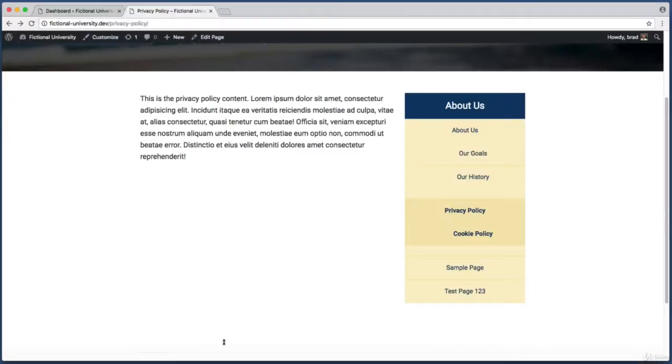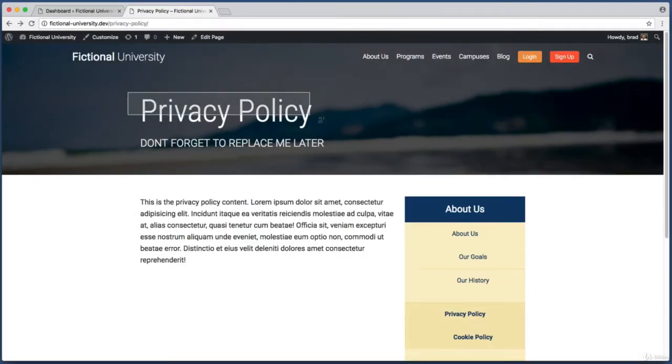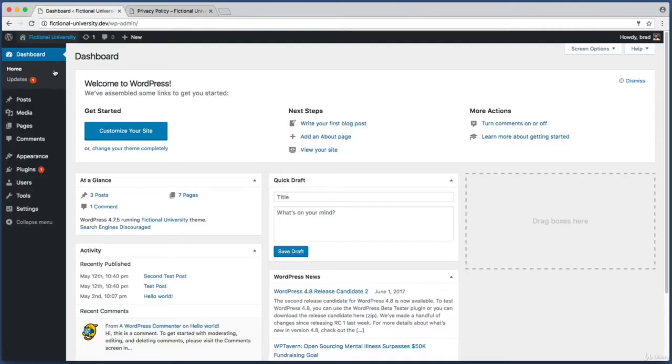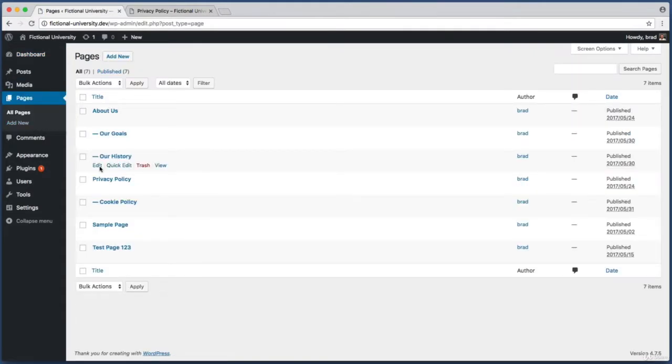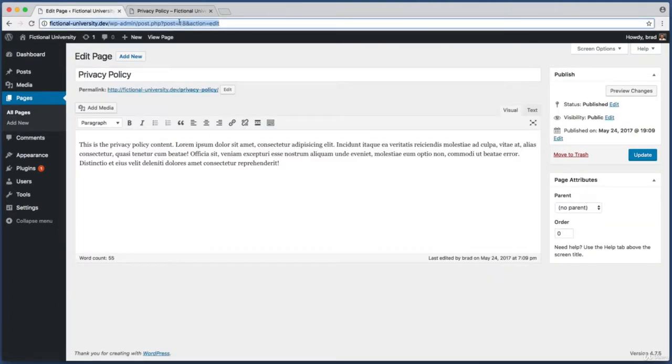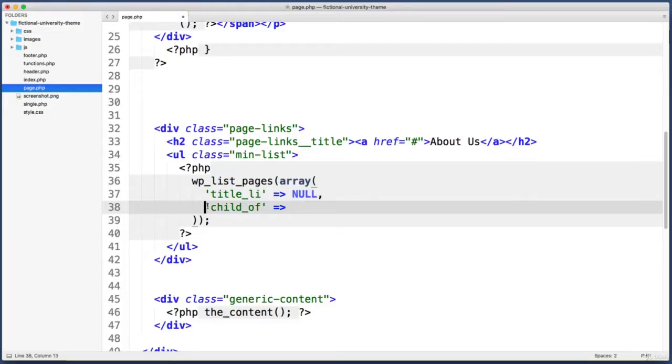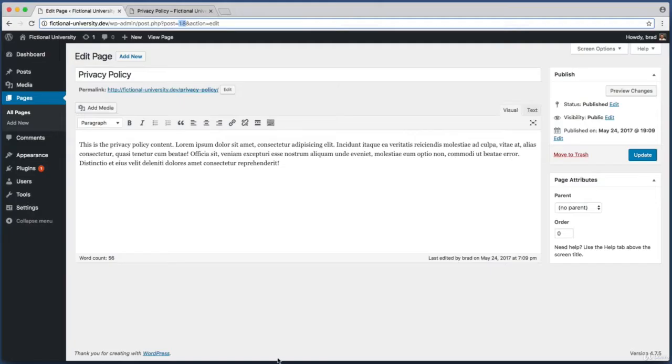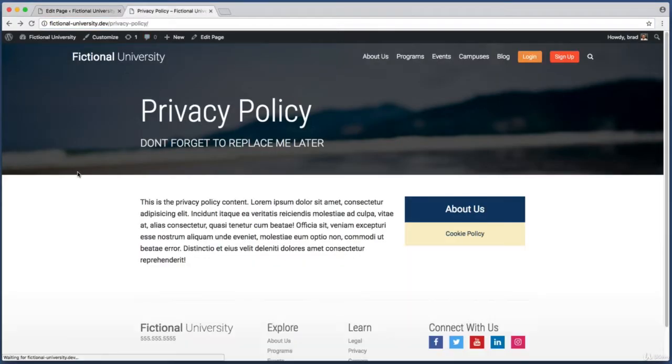So for example, if I want children pages of the privacy policy page, I can find the numerical ID of the privacy policy page by going into my admin dashboard, looking under pages, and if I click on that privacy policy page to begin editing it, up in the URL address bar, I can see it has an ID of 18. So back in the code, if I say child of equals 18, save it and refresh,